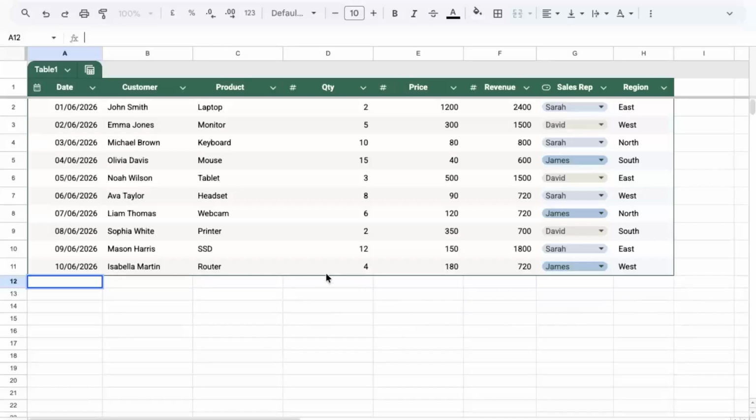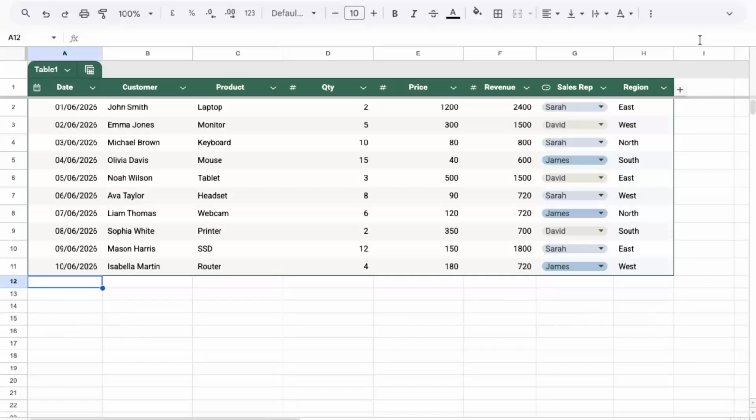If that doesn't work right away, or if you're not sure whether full screen mode is the cause, try pressing the Escape key on your keyboard. In many cases, Escape will exit the current viewing mode and bring the toolbar back. This is a simple extra step that's worth trying because it only takes a moment and often solves the issue